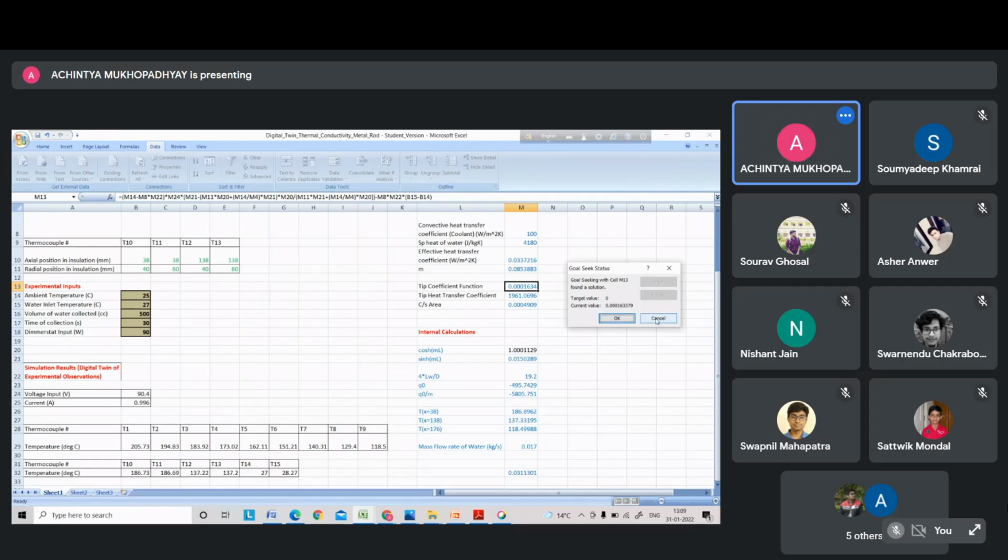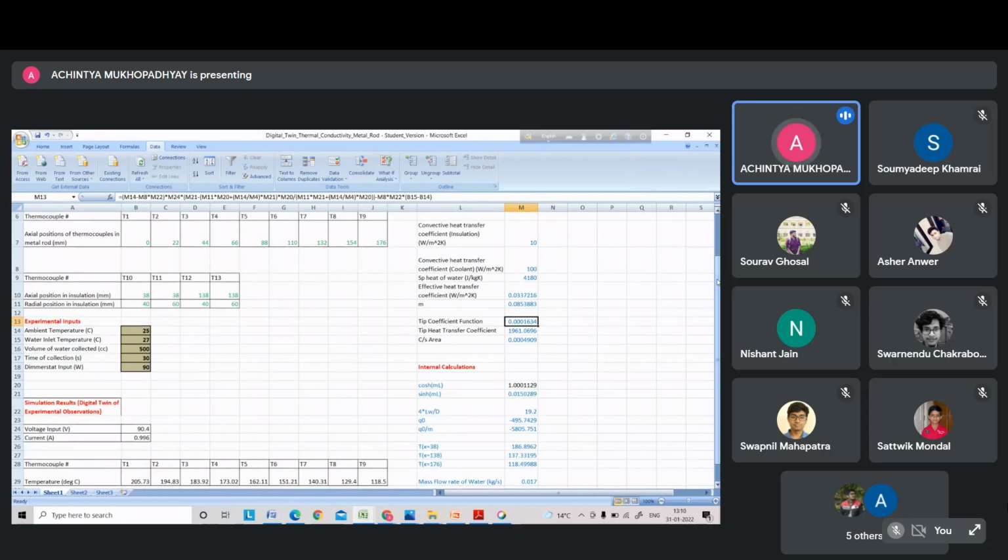Okay. For that, I had to assume the convective heat transfer coefficient between the coolant water and the part of the rod immersed in the coolant water. That can be done with more sophisticated correlations, but I just assumed some reasonably high value,